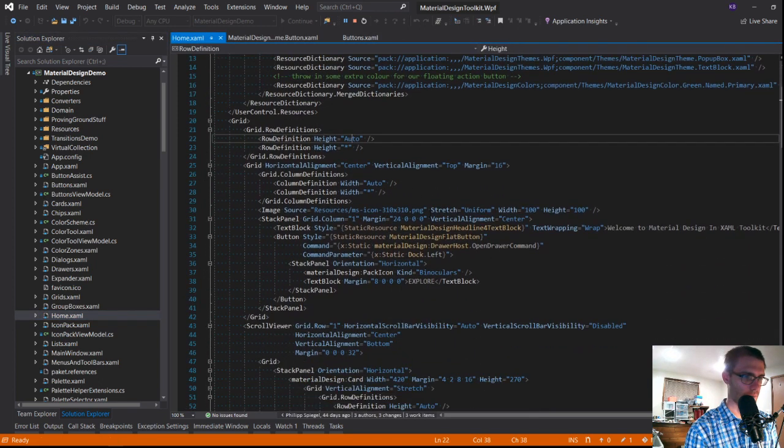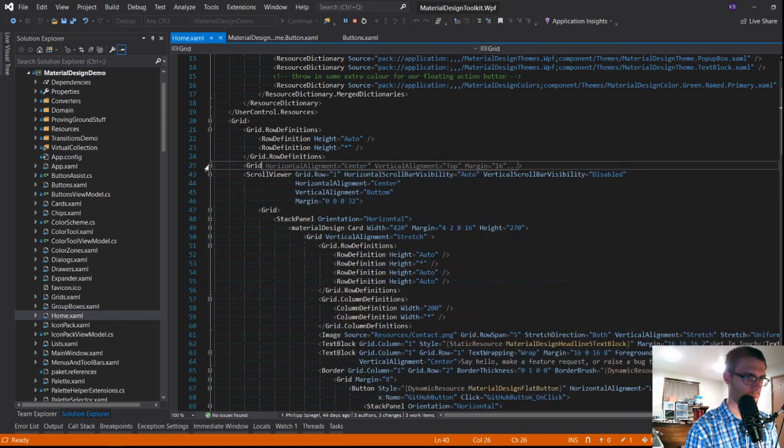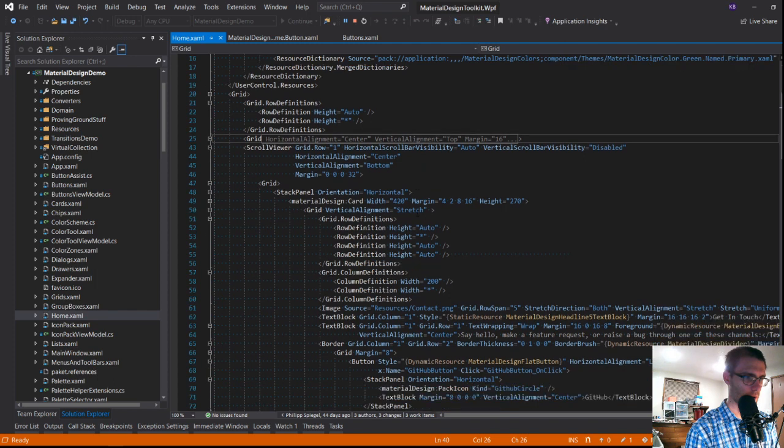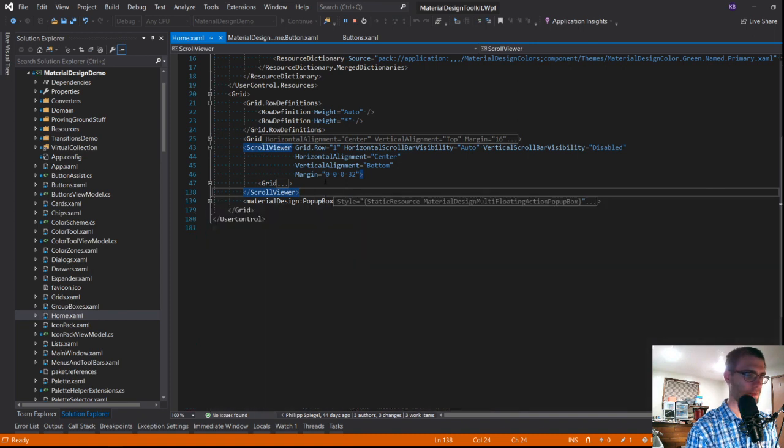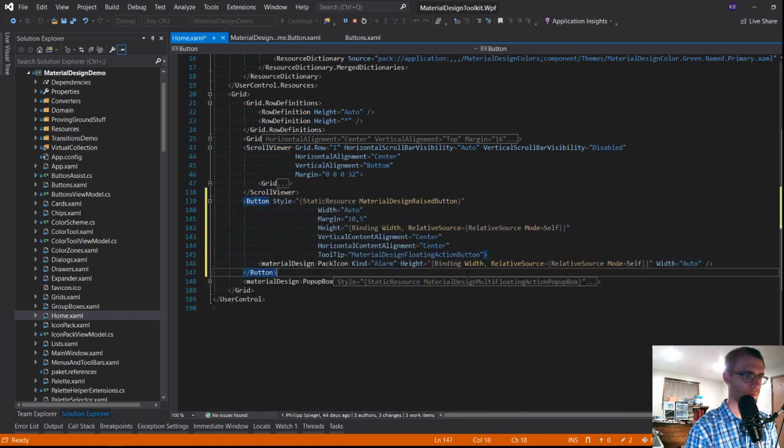Row definition auto. That's more like what we're talking about. Vertical alignment top. Let's see, collapse, collapse, collapse. Button. And just for fun, grid row 1.